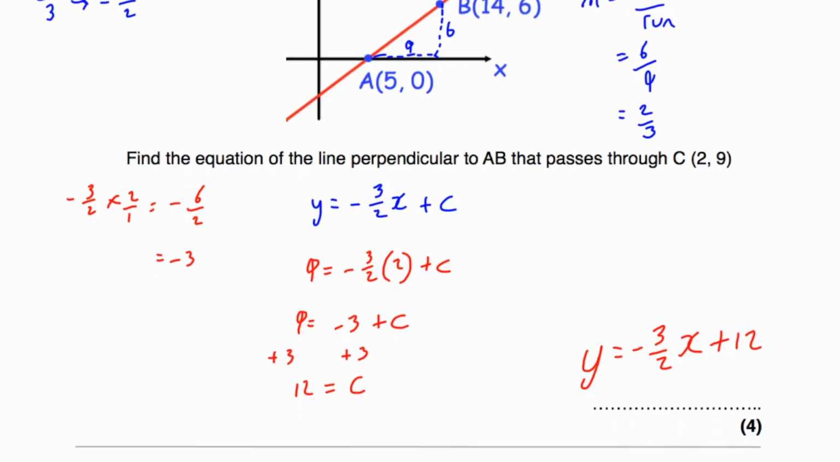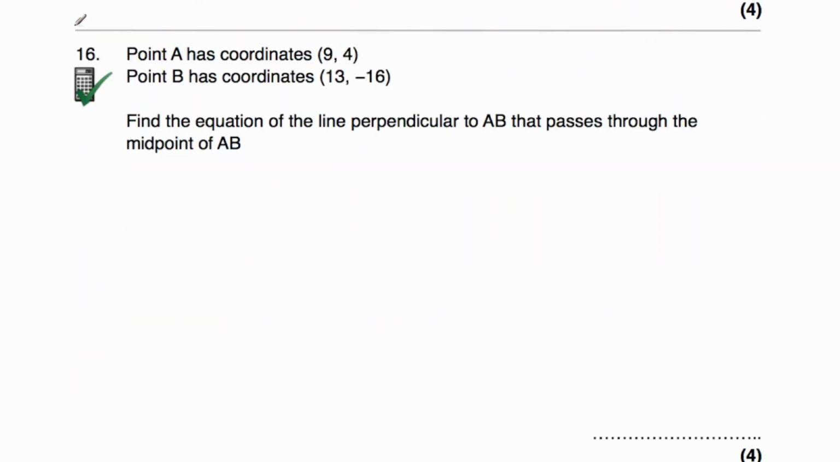Okay, let's have a look at our next question. Question number 16. So question number 16 says the point A has coordinates 9, 4, and the point B has coordinates 13, negative 16. I've been asked to find the equation of the line that's perpendicular to AB and passes through the midpoint